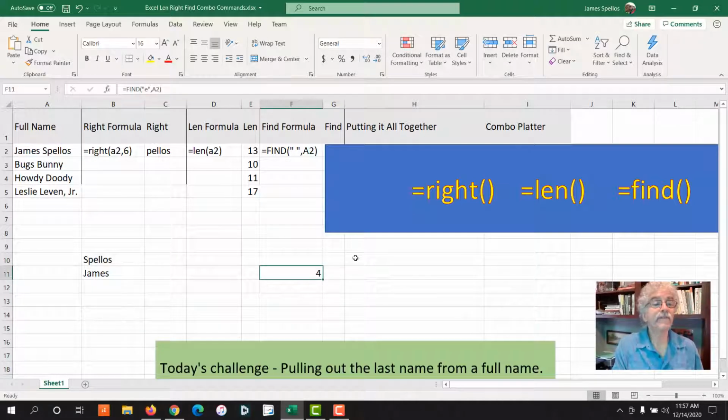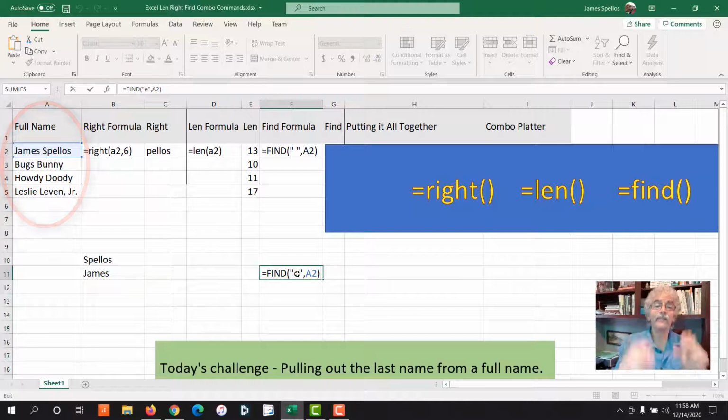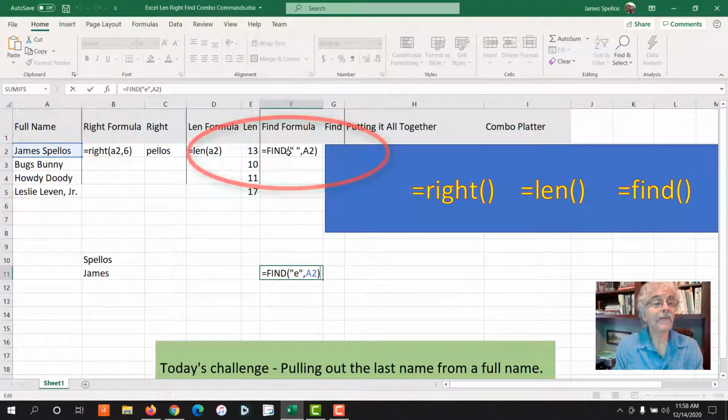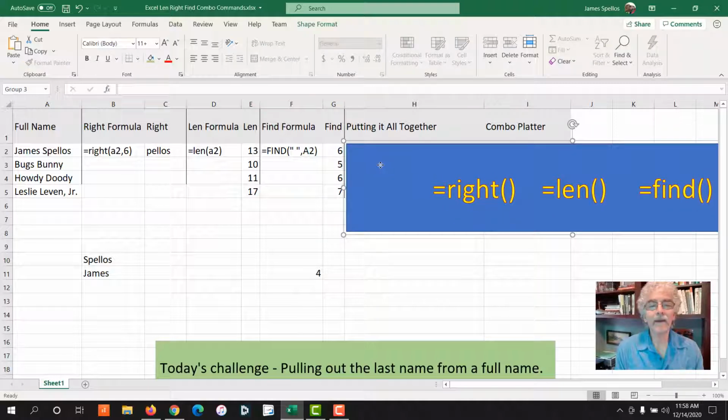and what it's saying is, for the 4th character of cell A2, J-A-M-E, is the first indication of that letter E. So in this case, in F2, find blank, quote, quote, with nothing in there other than a space, it's going to tell us where that space is. And that is 6 characters in. So think about this. The length is 13 characters. That space before my last name is 6 characters, which means if we put it all together, it should pull